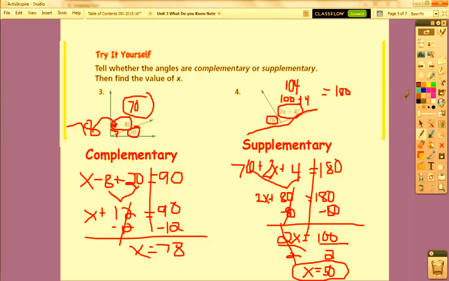When you are done with this sheet, you can put it in your binder in your notes section, and now it's time for you to apply some things on your own. So you're going to be working on a packet. That's a green packet called an angles packet. You need to use the remainder of your time today